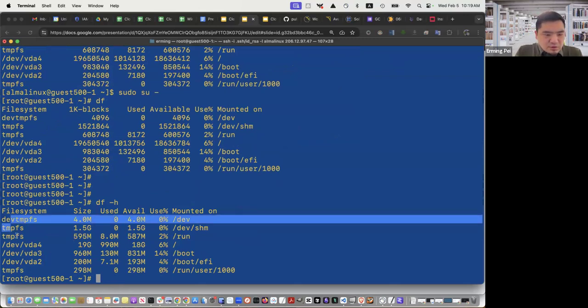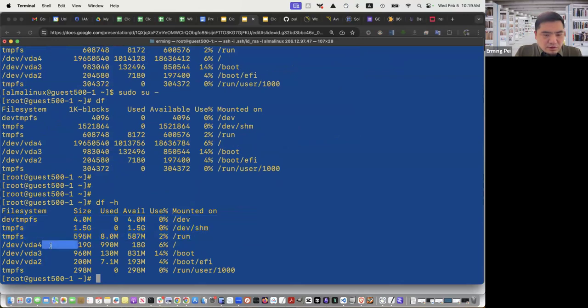Don't care about those stuff unless this one, called the mounted on slash. We got nearly 20 gigabyte because this is a GiB, and the operating system used nearly 1 gigabyte, and we still get 18 gigabyte free space for our operating system or the basic environment. Okay,